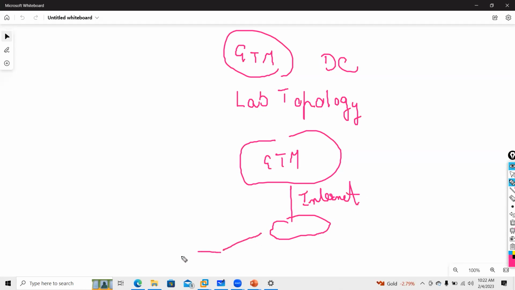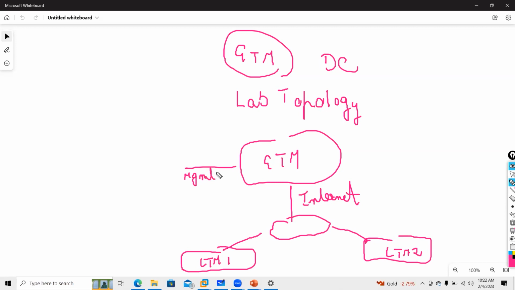Then we have LTM1 and LTM2. I will tell you the logic of the 3 devices. Now we will have one management IP. Every F5 device has 4 interfaces, which I will tell you about. One is for management, and this one will be the external network.